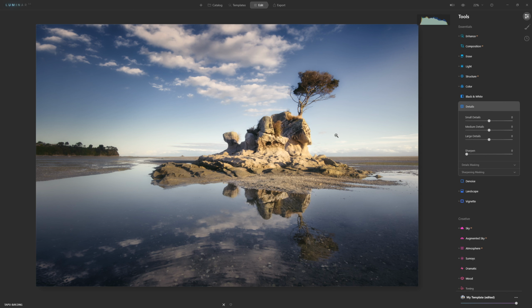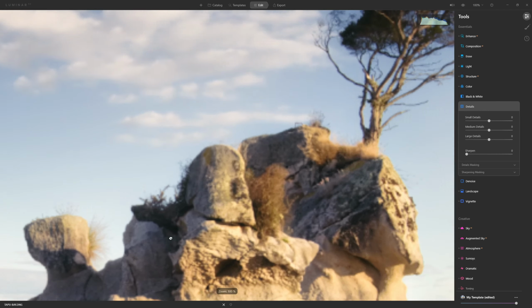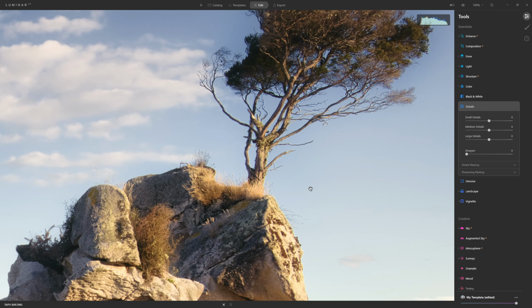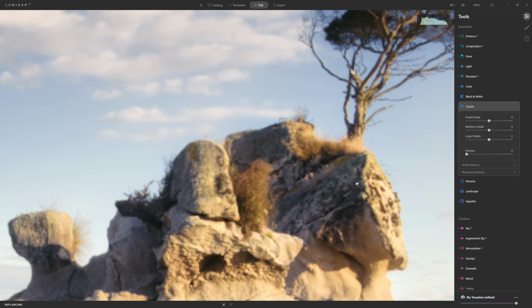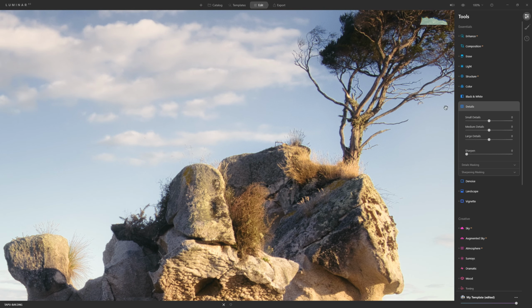So before I start cranking this up, a good idea is to make sure that we're set to 100% resolution. Come into an area of detail, which we've got here. A little bit of tree, a little bit of rock, and we can already see that we're pretty sharp straight out of the camera actually. But if we grab the sharpening amount, we can see that that certainly helps the details in the rocks, but we are starting to get a little bit of haloing going on, so I don't want to take that too